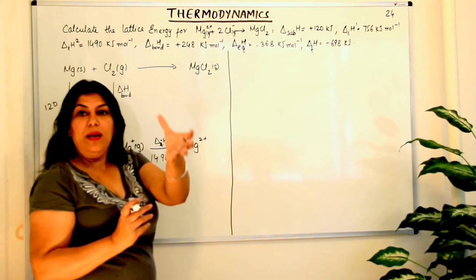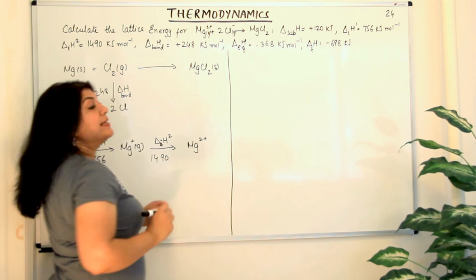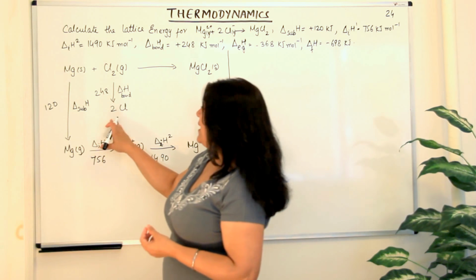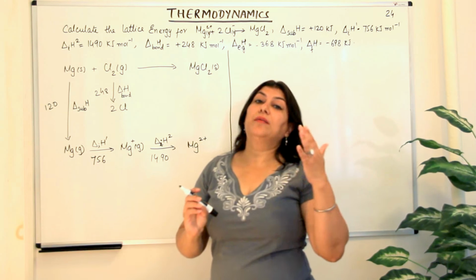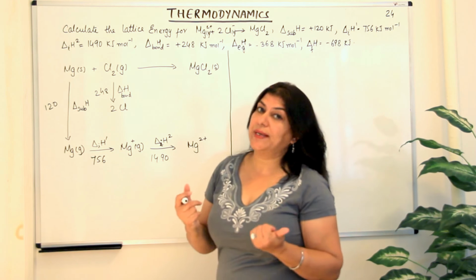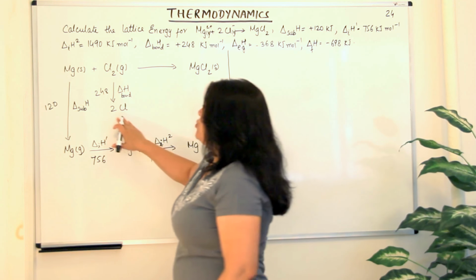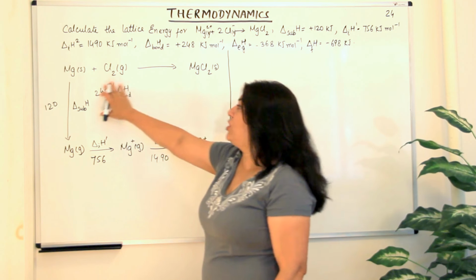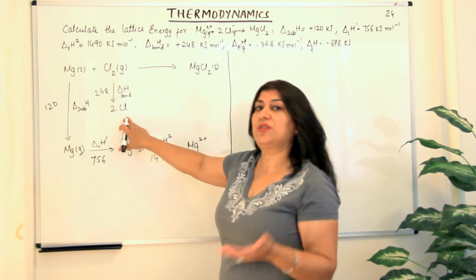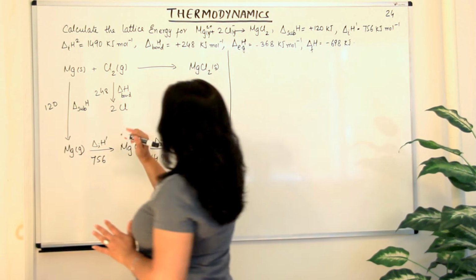And if we break 1 mole of chlorine molecules, you get 2 moles of chlorine atoms. And that is what we require. We need 2 moles of chlorine atoms so that we can now make them gain electrons and turn them into chloride ions. And we will get 2 moles of chloride ions from this. So now that we get 2Cl, we are not changing this heat, because our desired amount was 2 moles of chlorine atoms, and we have got that from 1 mole of chlorine molecules. So in the next step,